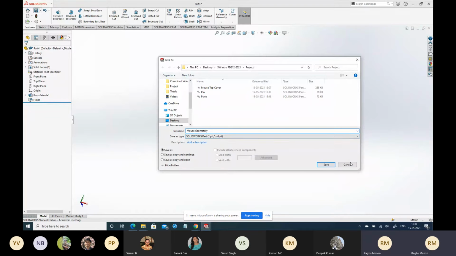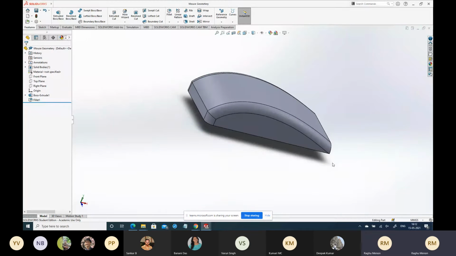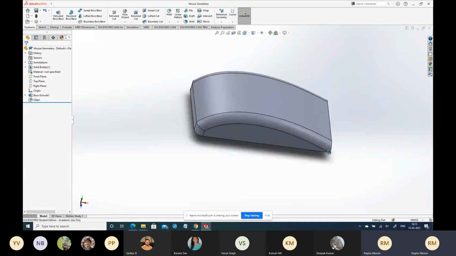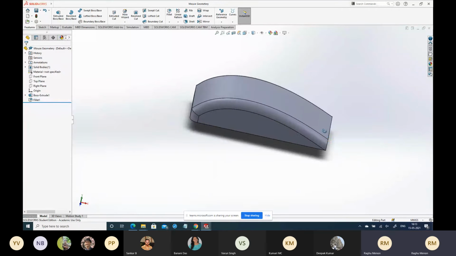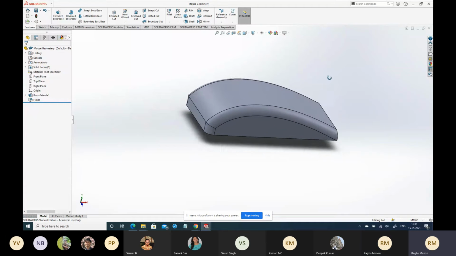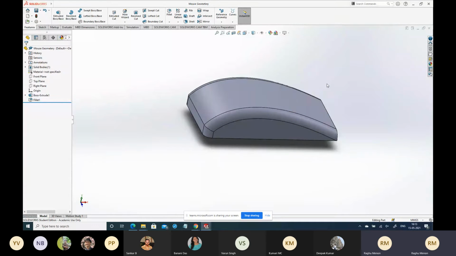Right. So what you're seeing here, this particular geometry will come from a tool like Alias, or from Rhino, and it would be very fancy, like how you guys wanted it, doubly curved. It'll have nice features and flow. That model will be brought into SolidWorks at this stage. So assume the geometry is what you like, like the Dell mouse or the HP mouse you have, created in something like Alias or Rhino. So you'll import this geometry here, right? So then what you'll do now,